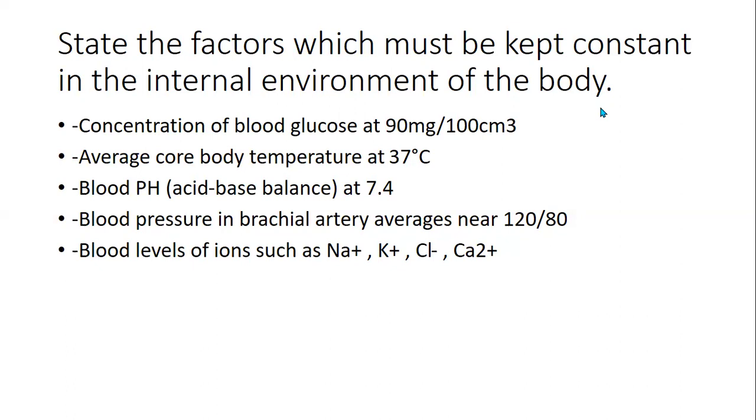Now, for calcium, it's not about iron absorption. Calcium is used in blood clotting, and it's also important in muscle contraction. Calcium is also important in bone formation, teeth formation, and many other areas of the body. So you can clearly see that these ions need to be maintained, because if they are not, then some of these functions